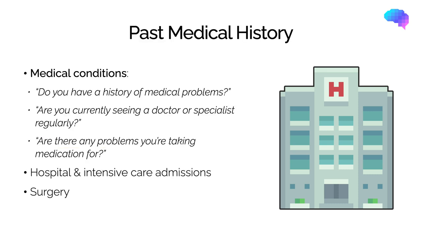Let's now think about the past medical history. This involves asking the patient if they have any known medical conditions. If the patient does have a medical condition, it's useful to gather more details to assess how well controlled the disease is. This is especially important when it comes to long-term conditions such as asthma and COPD. It can also be useful to identify which treatments the patient is receiving and whether they've had any hospital admissions as a result of their condition.